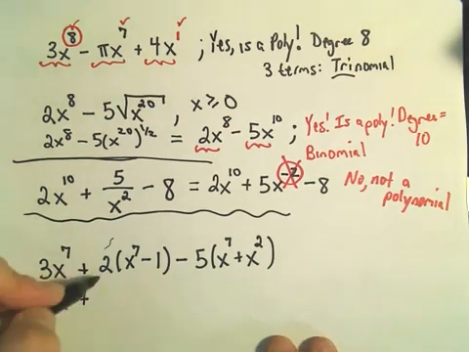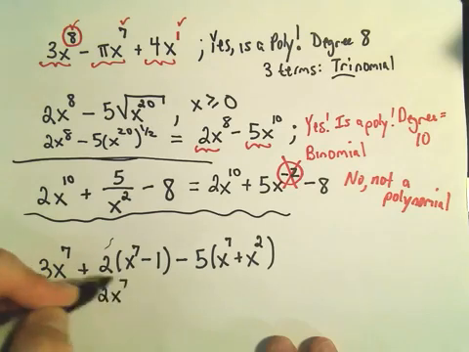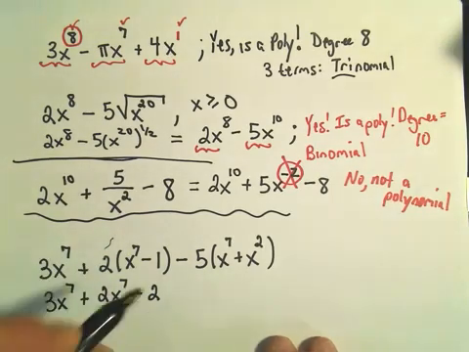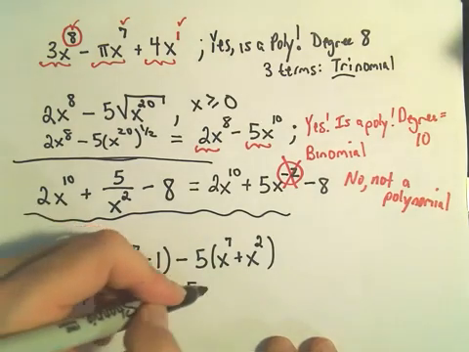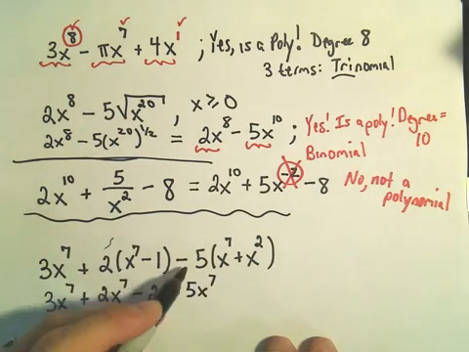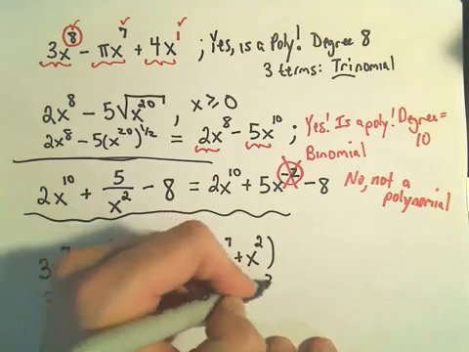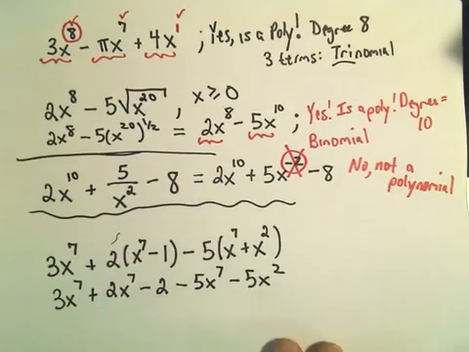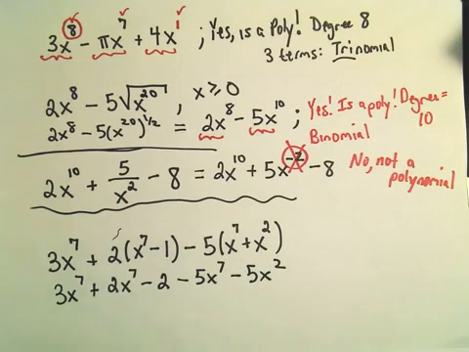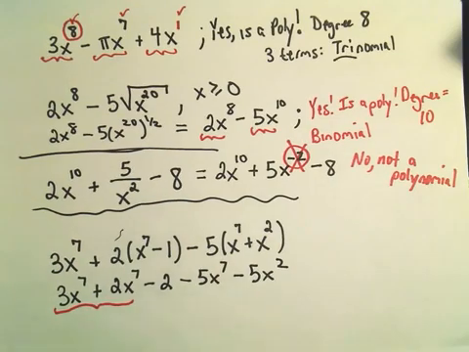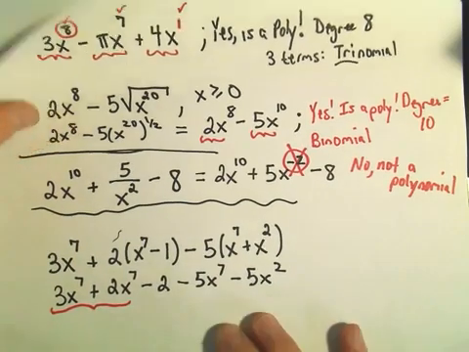We would have to distribute the 2, so we would get 2x to the 7th. When we distribute the positive 2 and the negative 1, we would get negative 2. Then we would have negative 5x to the 7th, and negative 5 times a positive x squared is negative 5x squared. Notice if we combine our like terms, our 3x to the 7th plus our 2x to the 7th would give us 5x to the 7th